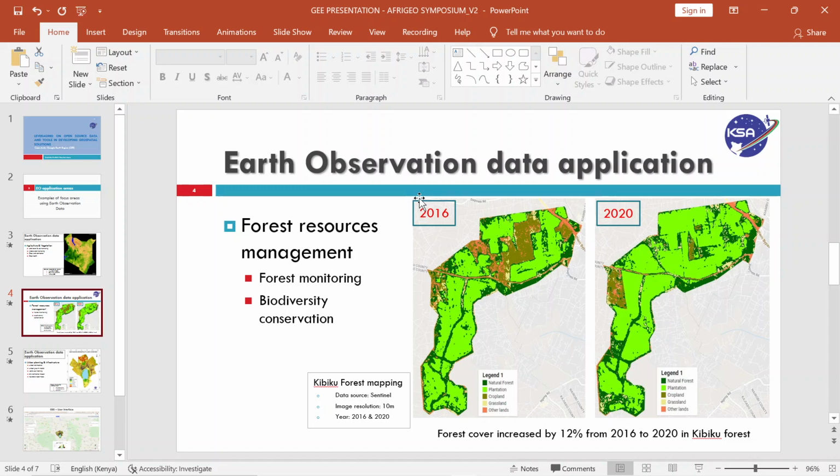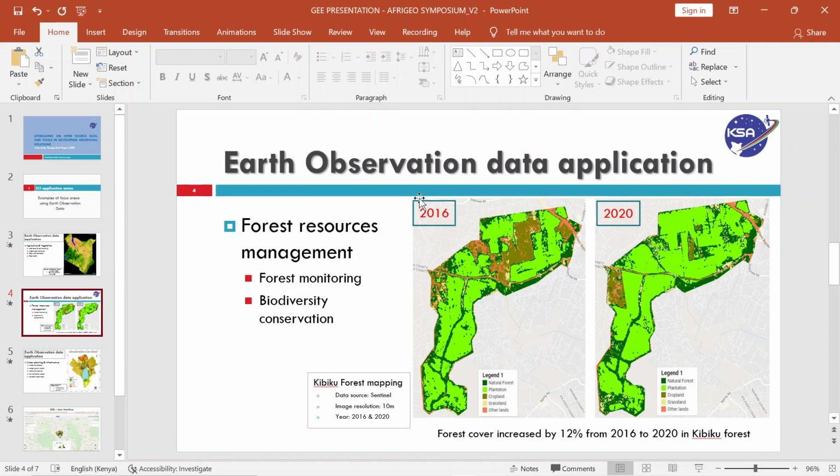Under this application area, as Kenya Space Agency, we have done a lot of studies, and some of the forests that we have done studies on include Aberdares Forest, Kibiku Forest, Ololua Forest, Ngong Forest, and in Kibiku Forest,